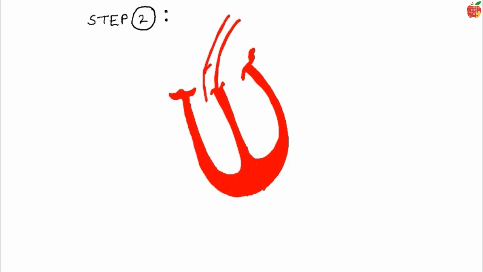Step 2. From the left heart, draw a tube from the space you left on the side all the way up and make these wall-like structures called valves and divide it further. One side should be directed towards the right side and one towards the left. Step 3. From the right heart, draw another tube from the side space and take it all the way up. And don't forget these walls.